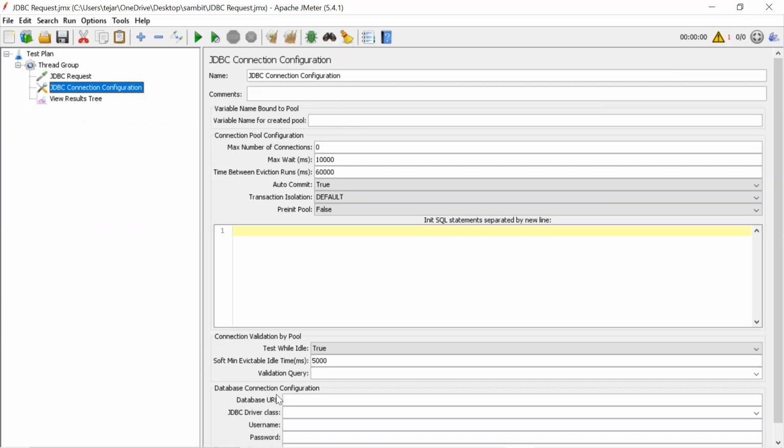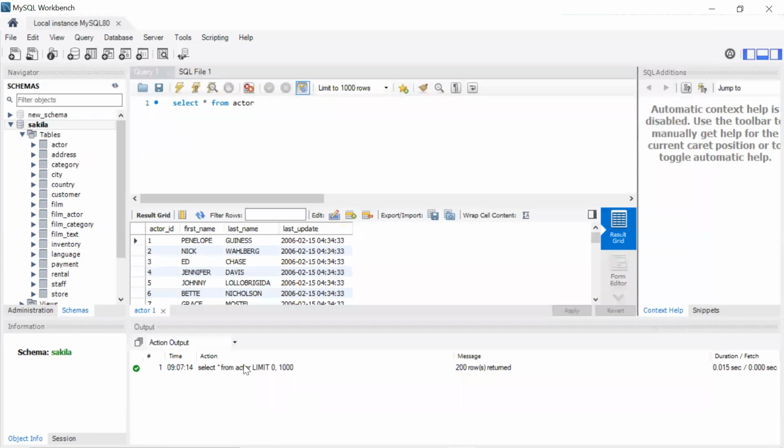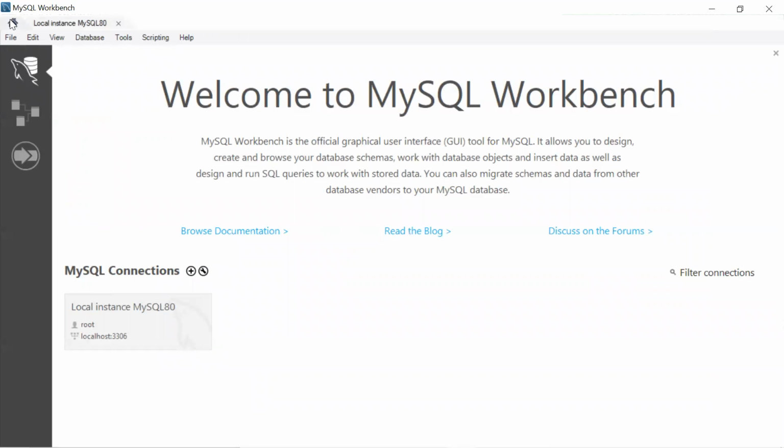You can see the database URL; currently it's my localhost. So let's go to Workbench. Does MySQL have a JDBC driver? Yes. Generally it will have one, because it's the most common database to connect to from Java. Oracle by default I know has JDBC. SQL Server also has it. I will show you which ones are there.